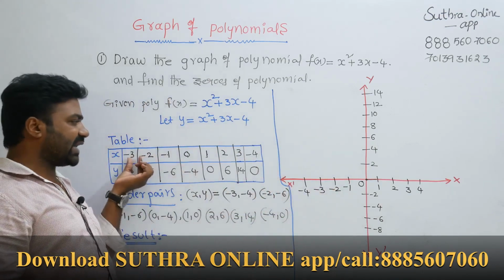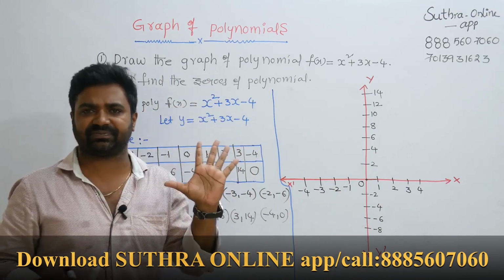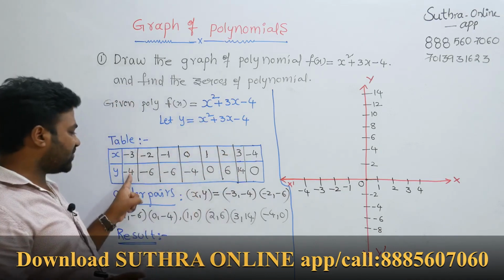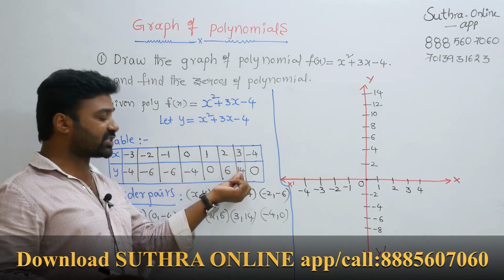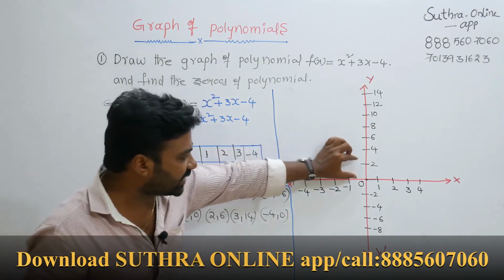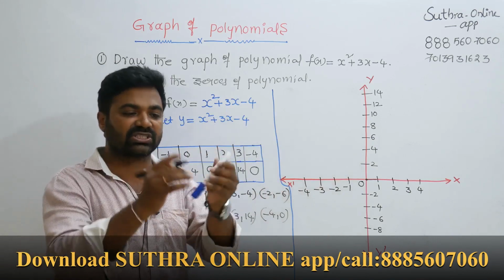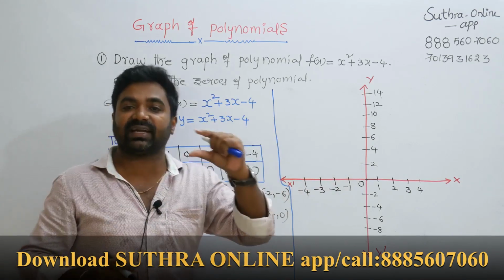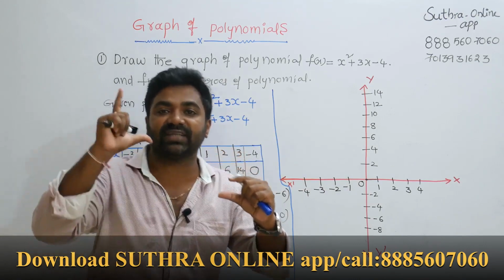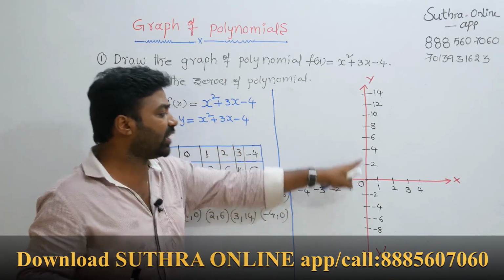Because on the x-axis, every time it is the same, 1 centimeter equal to 1 unit. On the y-axis, it depends on the y value. Here the highest y value 14 is there. So that's why I am taking 1 centimeter equal to 2 units. So this graph like this will be square boxes. That 1 centimeter I consider 2 units. See here to here 2 units. Here to here 4 units.